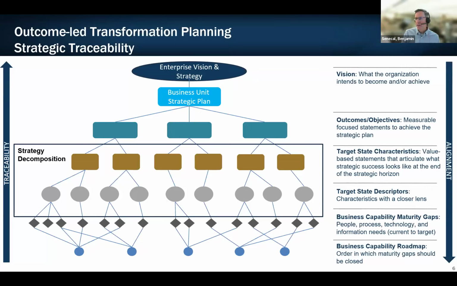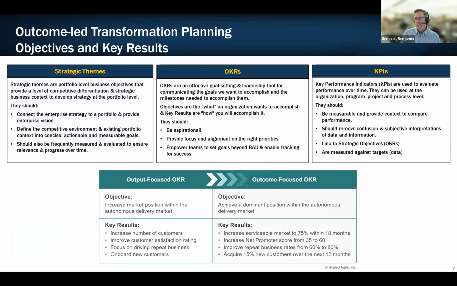But again, the focus is on outcomes. OKRs, many of you might use objectives and key results. It's an effective goal-setting leadership tool for communicating the goals we want to accomplish and the milestones needed to accomplish them. And they help provide focus and alignment on the right priorities. They empower teams to set goals and enable tracking for success,